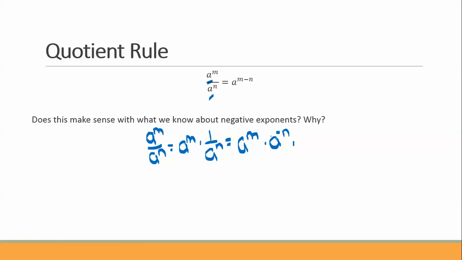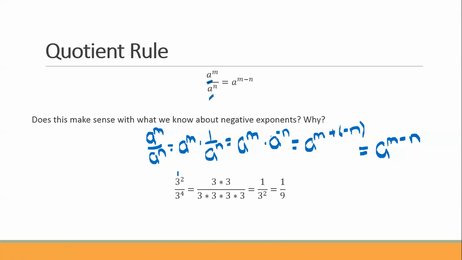Well, we just found out what the product rule was. It said to add our exponents. So that's a to the m plus a negative n, which is a to the m minus n. So what we learned a couple sections ago about negative exponents even makes this make sense for us. The other way to look at these is if we have 3 squared divided by 3